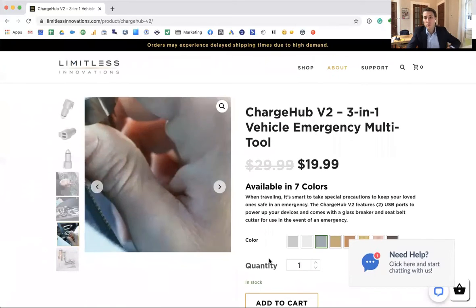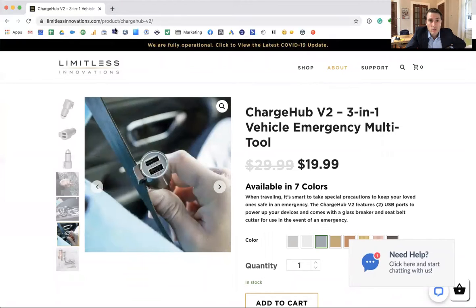So I thought this was a really cool thing to share. You can go to Limitless Innovations. It's called the Charge Hub V2. I just Googled that, and then this came up. And it ends up being something that,